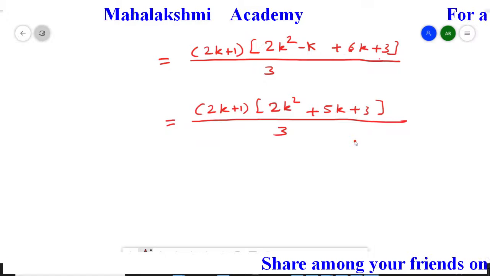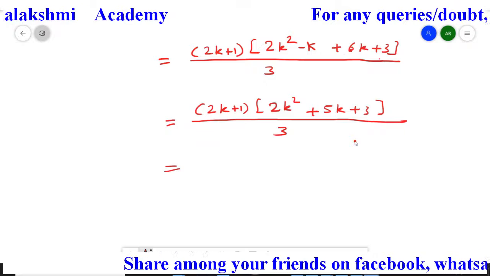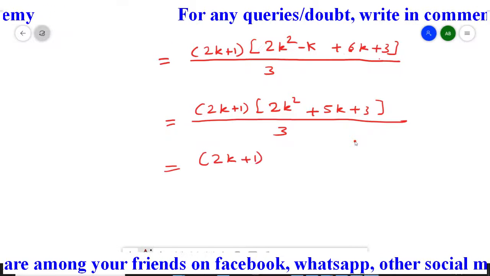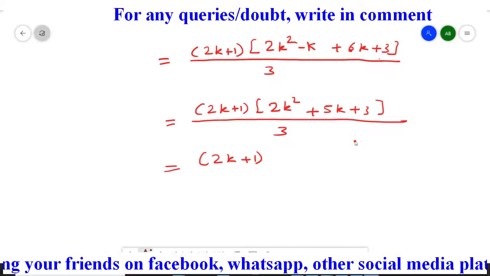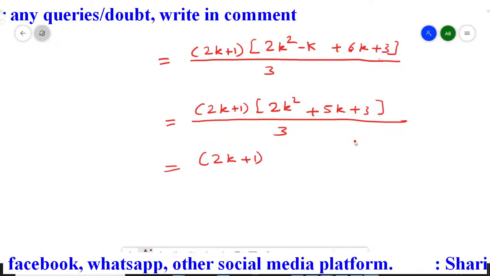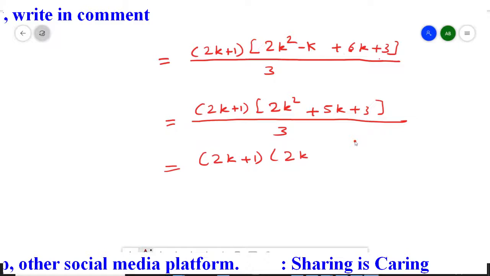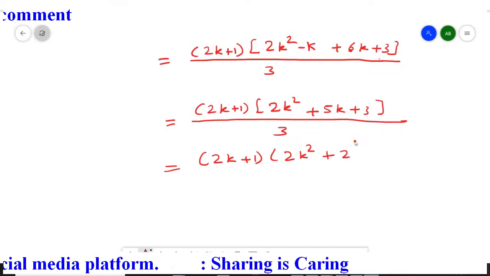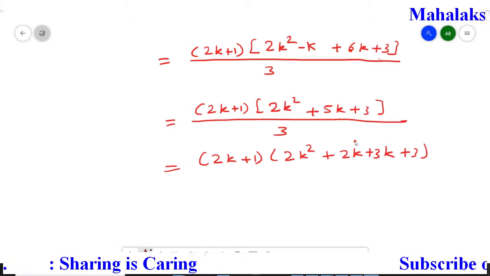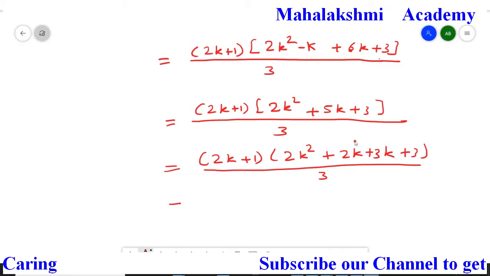Now further we are going to factorize it, because we don't want our answer in this format. We want the answer as given in the right hand side of the question, and in the right hand side the 3 brackets are available. You can check the right hand side of the given question. So we have to further factorize this quadratic expression. So when we factorize, I am going to split this middle term as 2k plus 3k, so that I can factorize it. Factorization you already learnt in 10th class very properly.